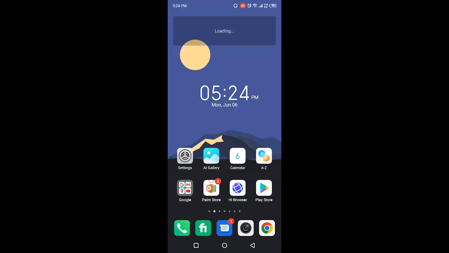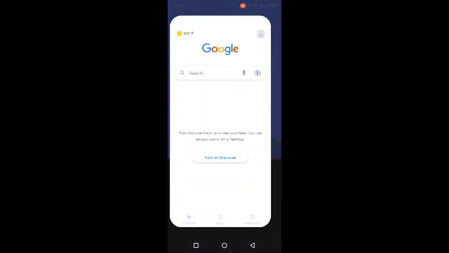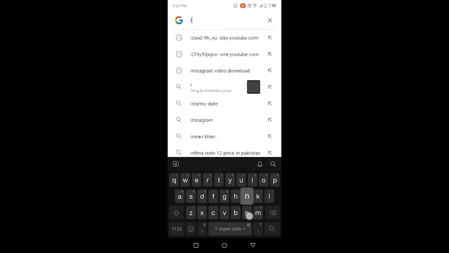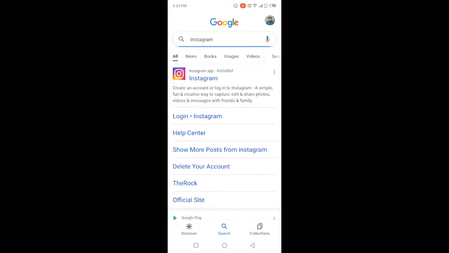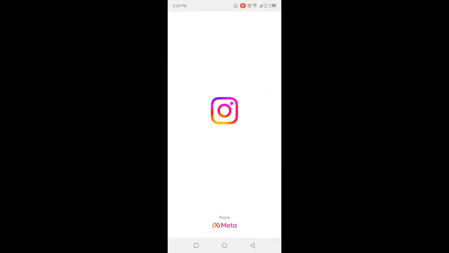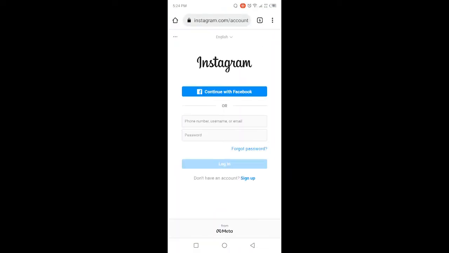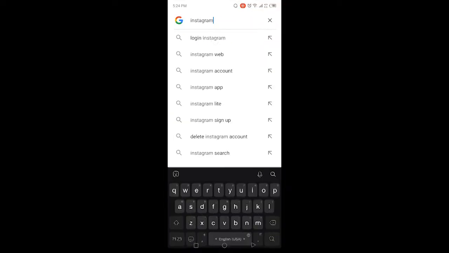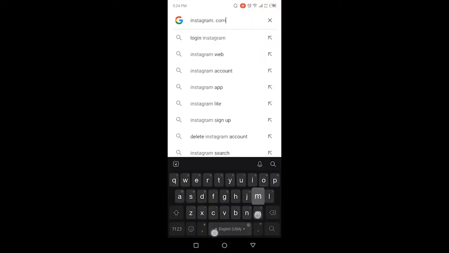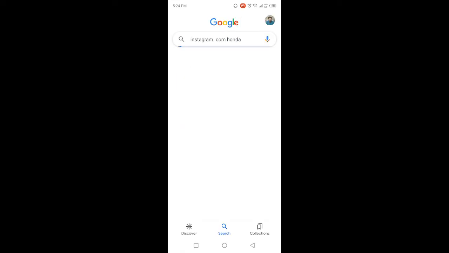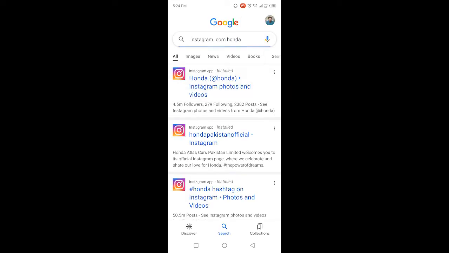The first step that you need to do is to open any browser and search in the browser instagram.com. Once you open it, you simply need to click on Instagram, but it will open in the app. So how can you use Instagram without an account? Here you can see that you simply need to click on instagram.com and search for the profile. I'm going to search here for the Honda profile. Click on that,